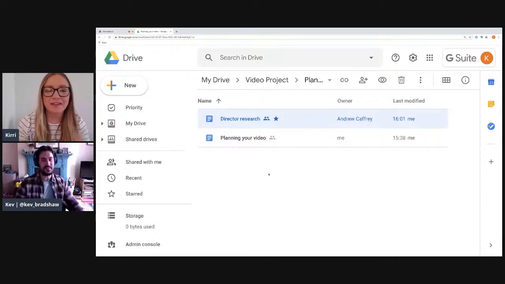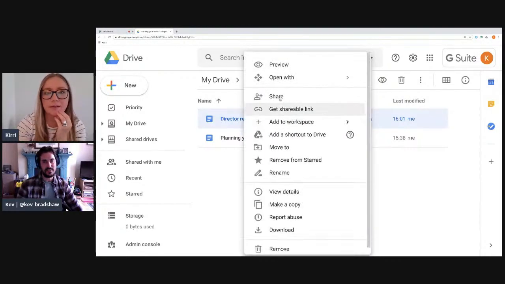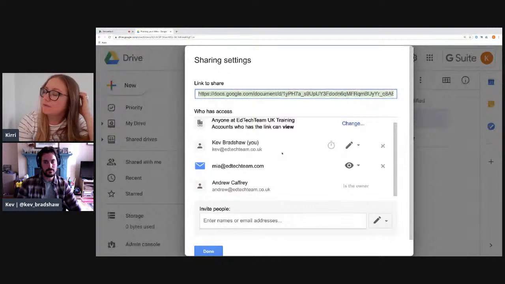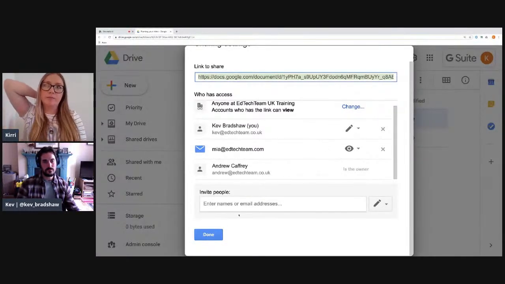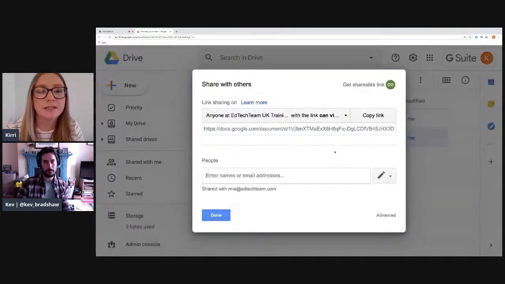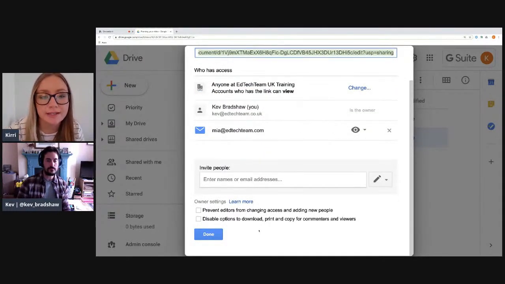Yeah. The other thing that I just wanted to highlight, if you can just head back to the sharing settings as well, you'll see at the bottom, this is really useful, particularly at this time when it feels like you haven't got as much control over what people have access to. But you'll notice at the bottom, which I don't think you now have access to because you're not the owner, is that it can actually disable the ability to. I'll wait for you to go there. Yeah, so you can prevent anyone from changing access or adding new people.